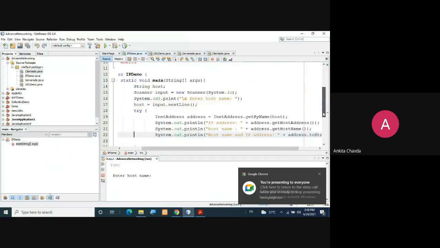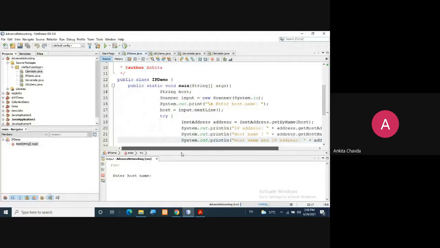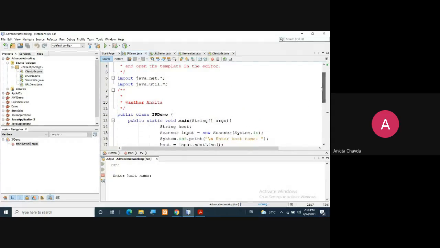See here, website name that will be given by user. Okay. So first, what I've done is all the classes and everything, they are in the java.net package, right? So you need to import that package first, java.net. And here we are taking the input from user, so java.util also for Scanner class.